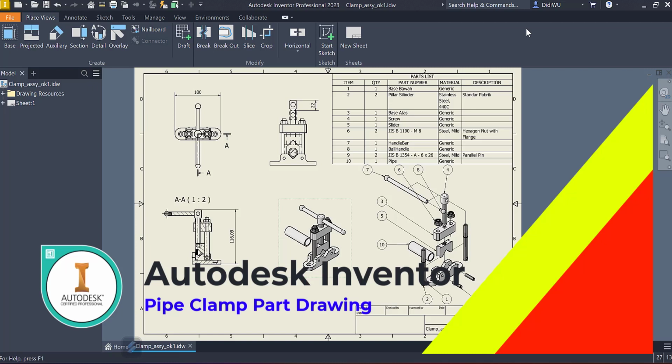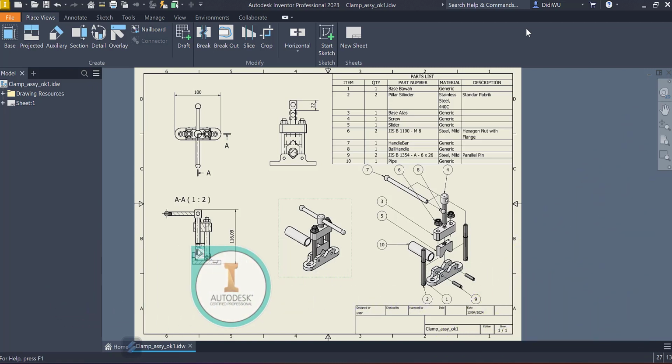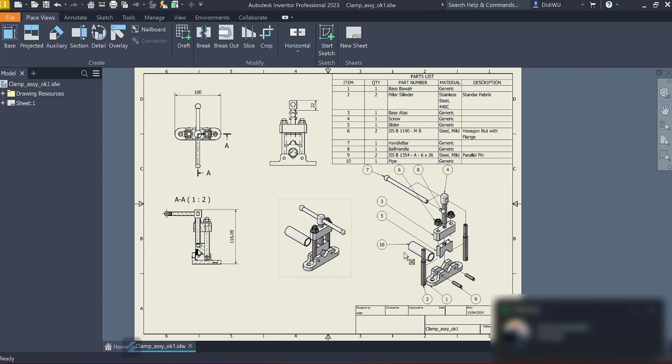So in this one we continue with the part drawing. Last video we did the assembly drawing and also the exploded view drawing, part trace and so on. Today we are going to continue with making all of the individual parts on the list here. So in order to do that, we can create the